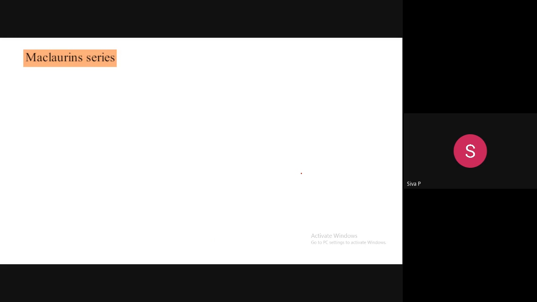Next one is Maclaurin series. Already I mentioned it. If you substitute a comma b equal to 0, then that is called the Maclaurin series. Then how can you write the Maclaurin series? The Taylor series of f of x comma y at or near the point 0 comma 0. At the point a comma b we have already written. So the Taylor series of f of x comma y at the point 0 comma 0, or near the point 0 comma 0, or neighborhood of 0 comma 0.